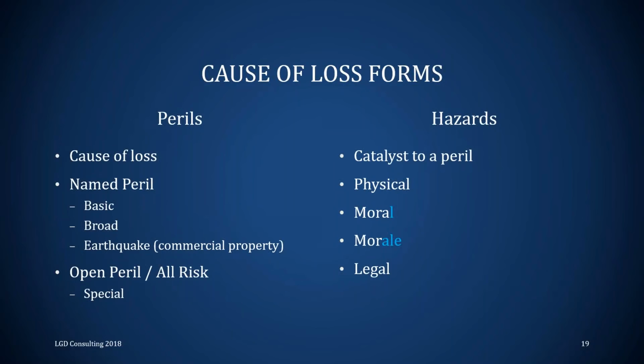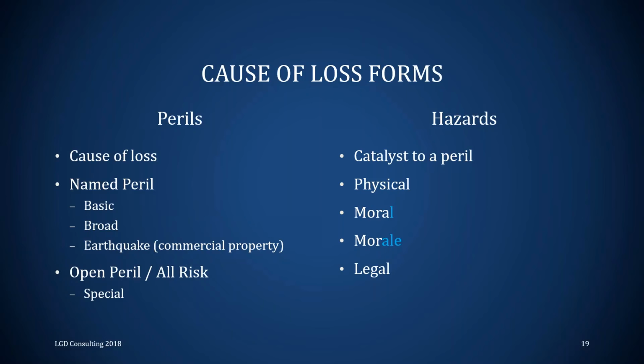All right, cause of loss. First things first, a peril is defined as a cause of loss. There are different types of perils: fire, explosion, flood, cancer, AIDS. Those are common perils. They cause loss. Now, when you hear cause of loss forms, these are forms that list perils. And so we have named peril forms like basic, broad, and earthquake. That means we list perils that the policy will provide coverage for.